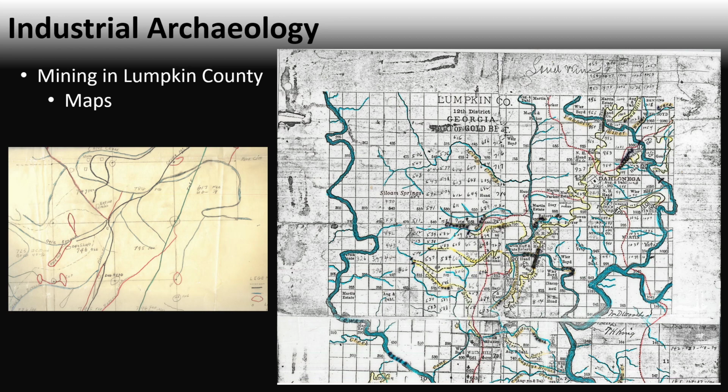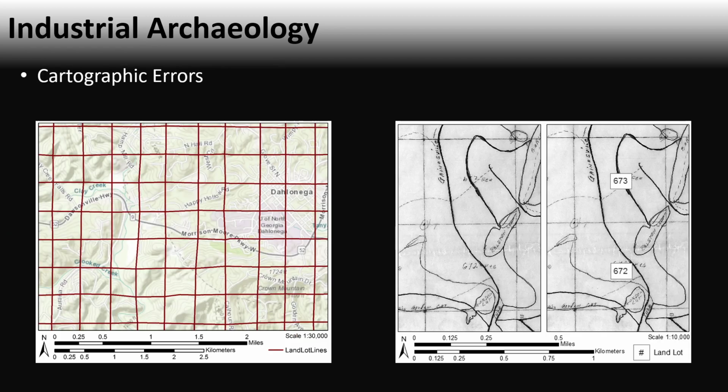So what kinds of problems were identified with these maps? Well, we identified quite a few problems. There were some simple cartographic proofreading errors. If you look on the right here, you can see that in the center of these boxes,